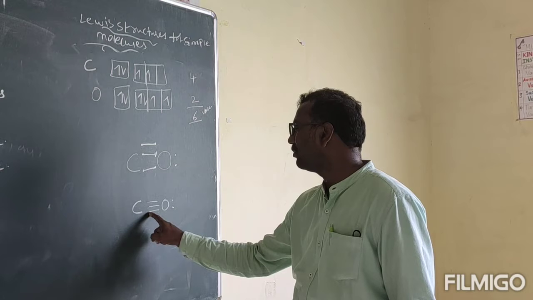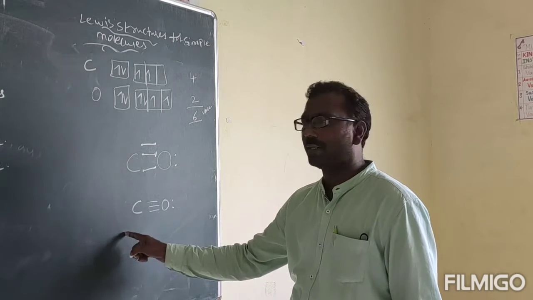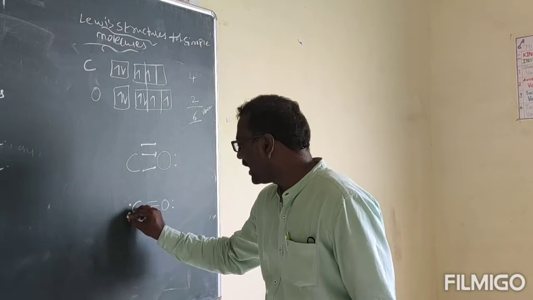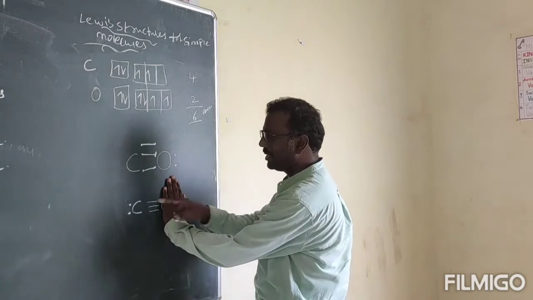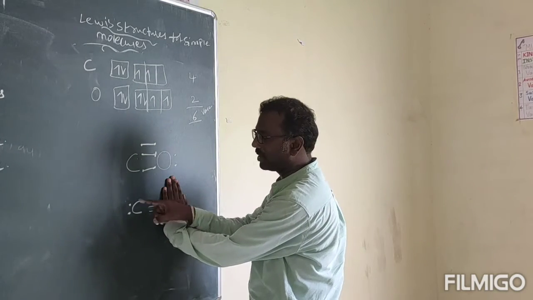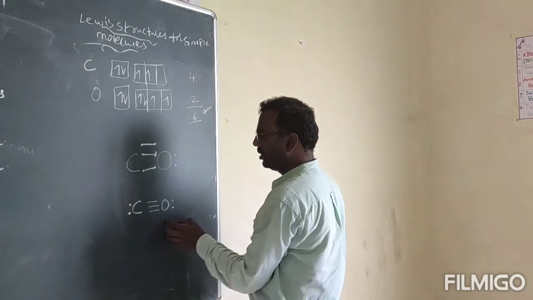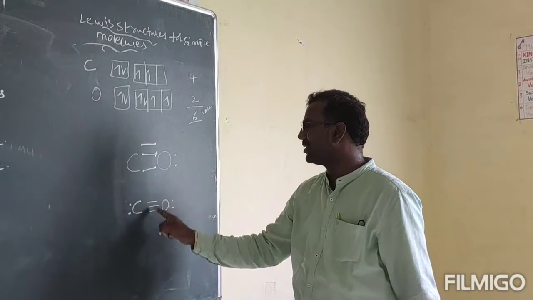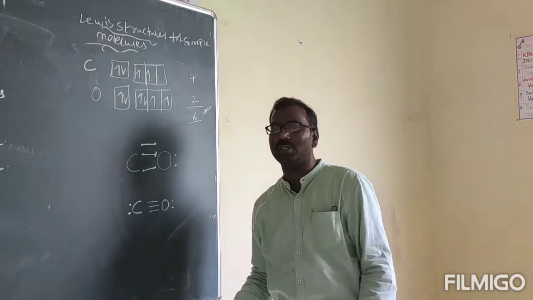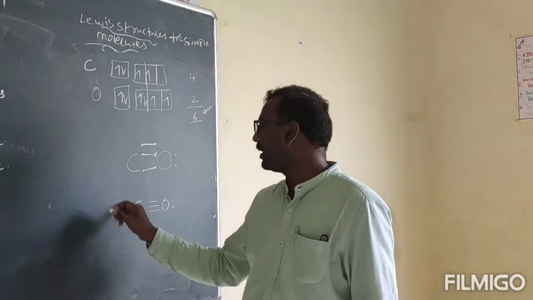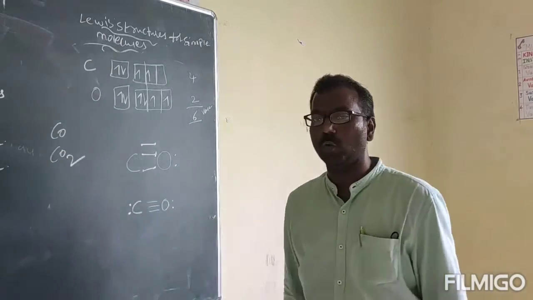1, 2, 3, 4, 5, 6 only. Still 2 are left. So the 2 will be here. Now you can check the individual valency is completed. 3 bonds means 3 twos are 6 electrons plus 2, 8 electrons. Here also 3 twos are 6 plus 2, 8 electrons. And now total 6 valency electrons are paired, and each has a pair of electrons. Finished. That's why carbon can form carbon monoxide, carbon dioxide also.